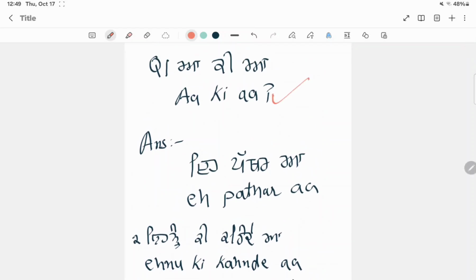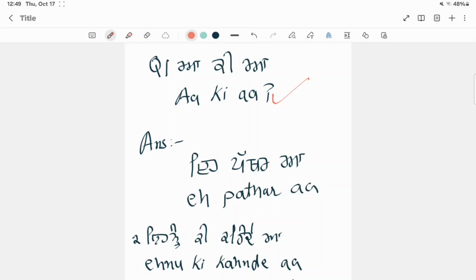Let's say the first one. The first one is Akia. It means what is this, all right? What is this? Akia. If you don't know anything in front of you and you want to ask, you will say Akia, what is this, right? Again, it's very practical. You can ask these questions in live situations, in real life, all right? And that's why, because in books, we learn other things, but it's not kind of real.